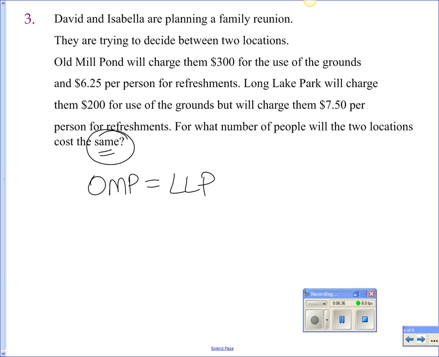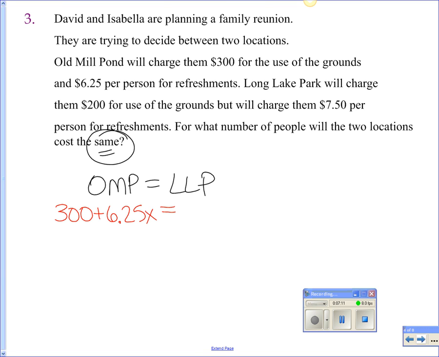So we want Old Mill Pond to be equal to Long Lake Park. All right, Stephen, help me with Old Mill Pond. What can I write down for it? Is there anything else that we have to put for Old Mill Pond? So what do I put right here between them? And what's the 625 for? So I have to put a